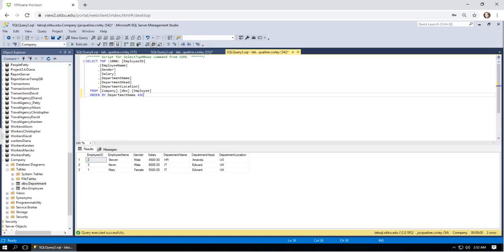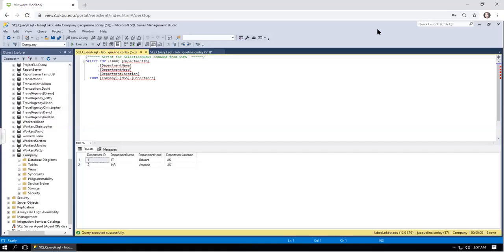So those are just a couple of tips on how you can actually see how many departments you have, so that you know in your department table what you actually need to include. Okay, so now that we have our department table set up,